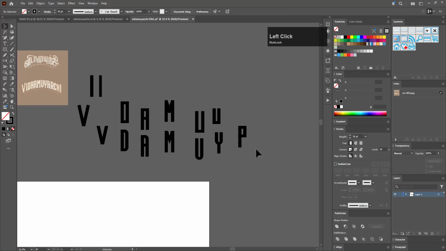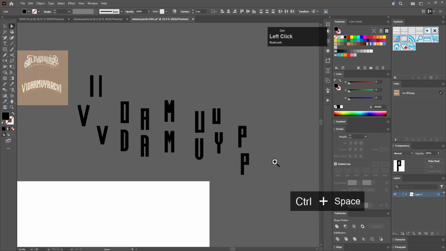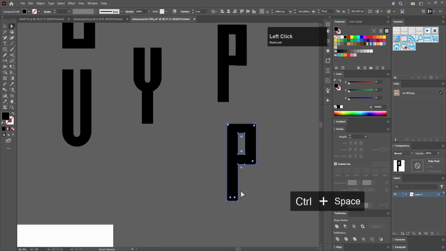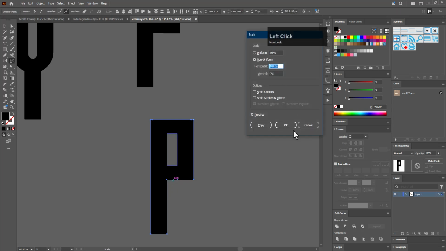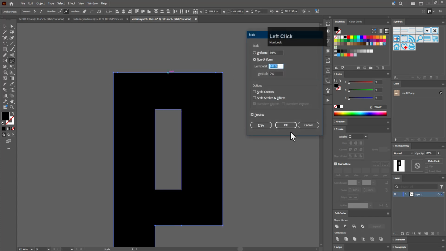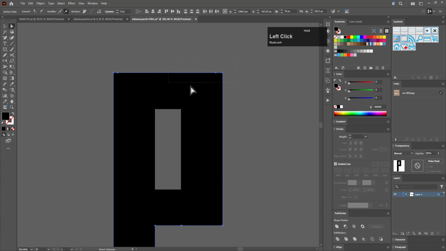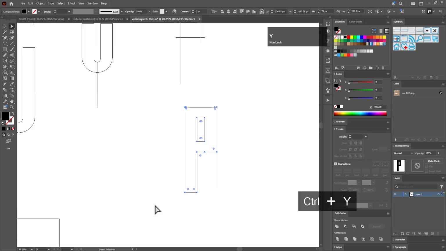something like that, and select this and hold Alt and bring it here, go to Object, Path and Outline Stroke, and then let's press Unite and then select this, press S and select this here, and then press OK, then select this point, press S and bring it here, then select this, press Ctrl Y, press minus,